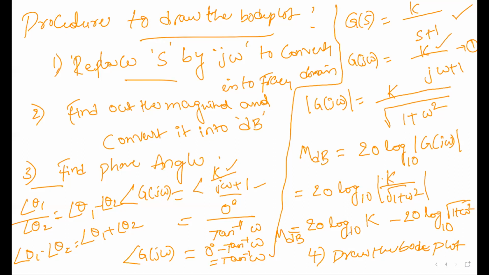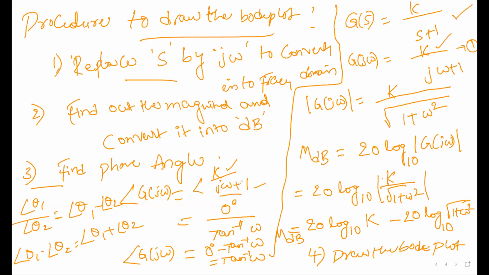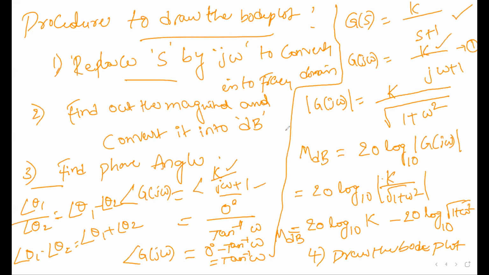Now we'll take one more example. Before going to the coming examples, this is the general procedure. We are going to add a few steps in our upcoming models. This is the general procedure, but we are going to add further mini or micro steps to these 4 steps with a few examples.